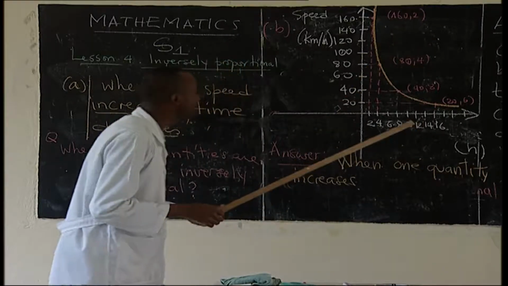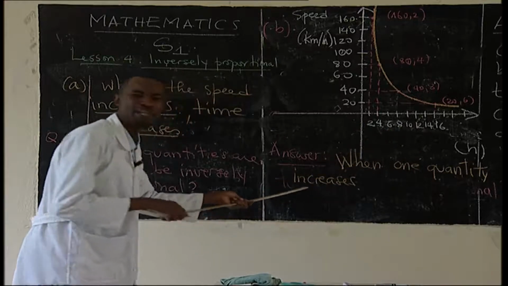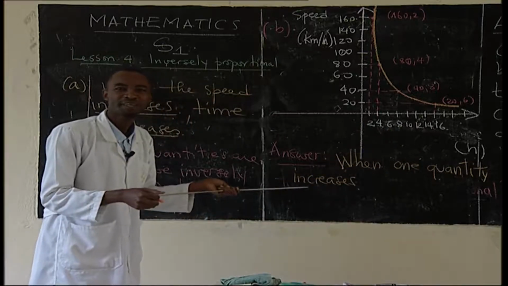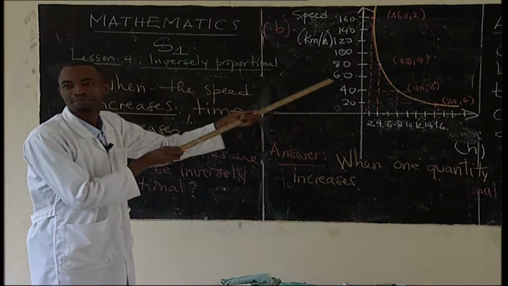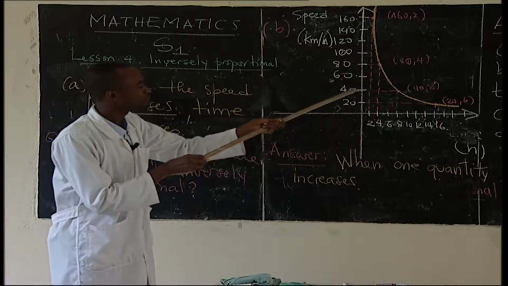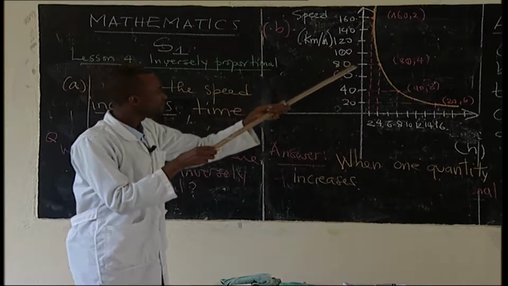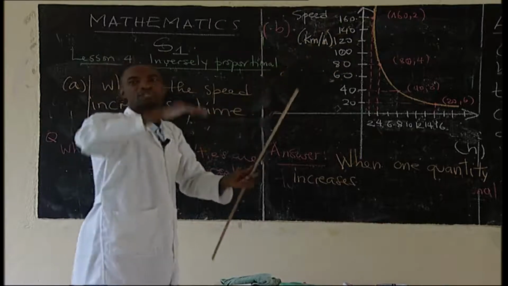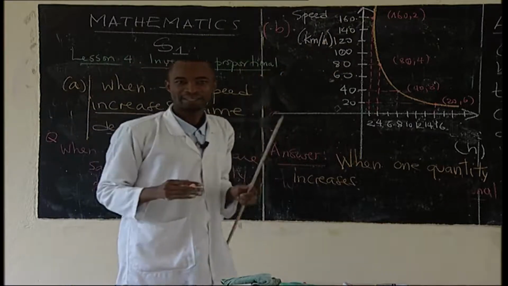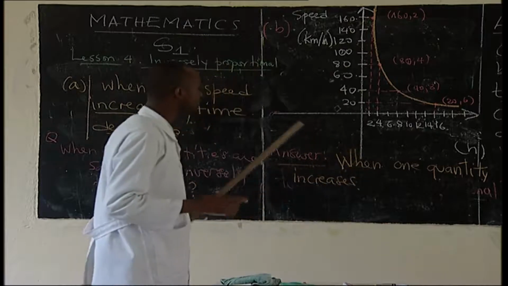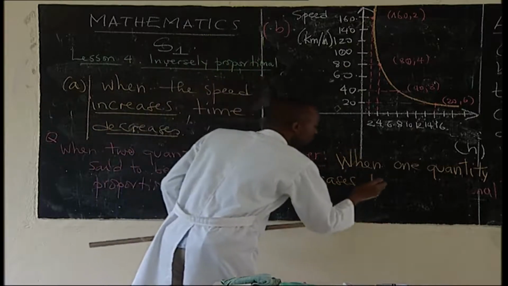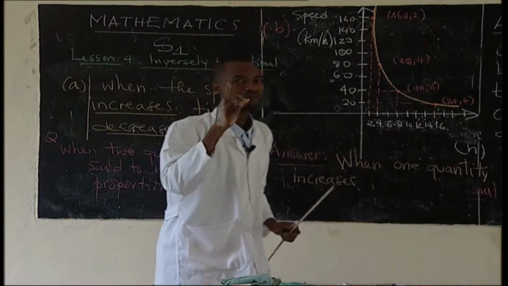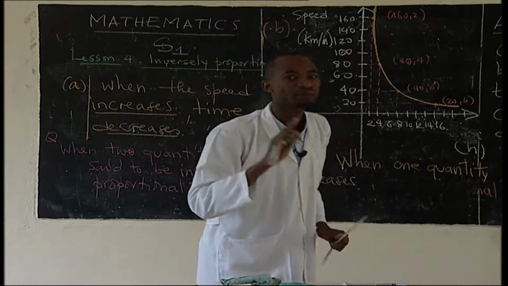When one quantity increases, can you tell me which quantity is increasing here? Of course, the speed, because it's coming from 20 to 40, 40 to 80, 80 to 160. You see, the speed is increasing. So when one quantity increases, there is something else I want you to remember. With the same rate,